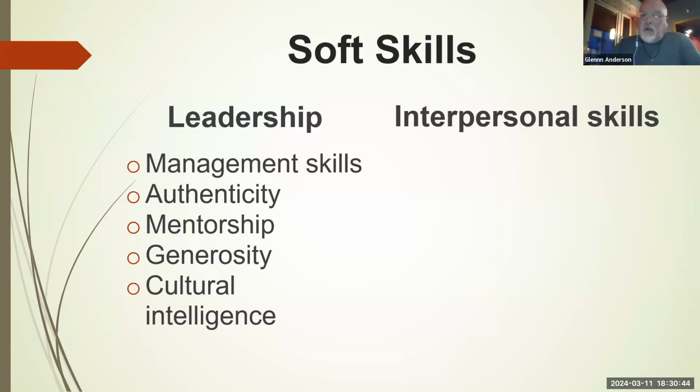Cultural intelligence really has a lot to do with understanding that people are different and that they're coming from different backgrounds and from different places in their life. And it's not just cultural. It's about gender, it's about age, it's about knowing that everybody has different objectives and is in a different place in their life.